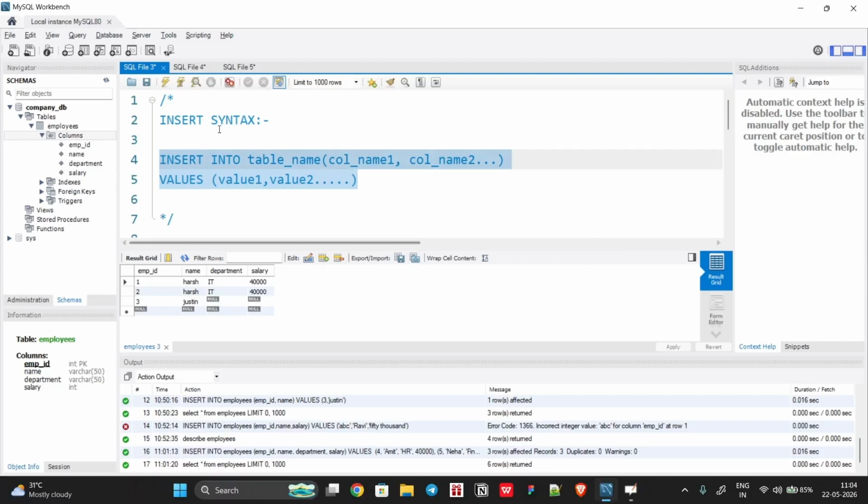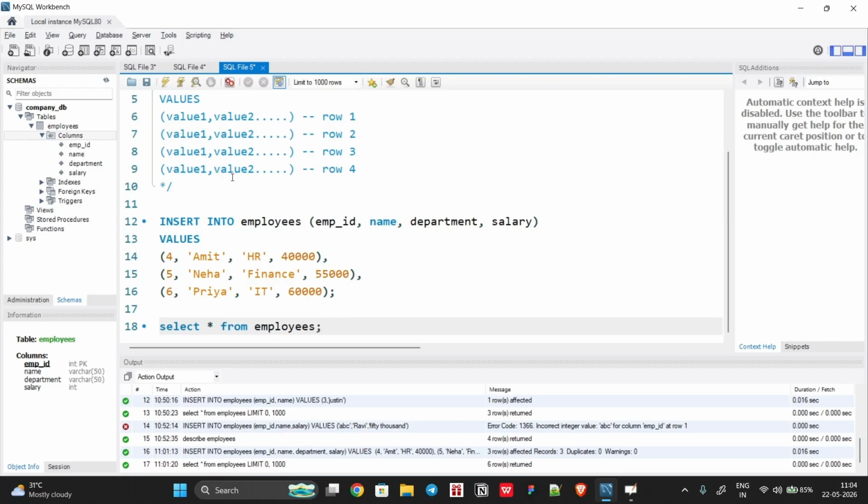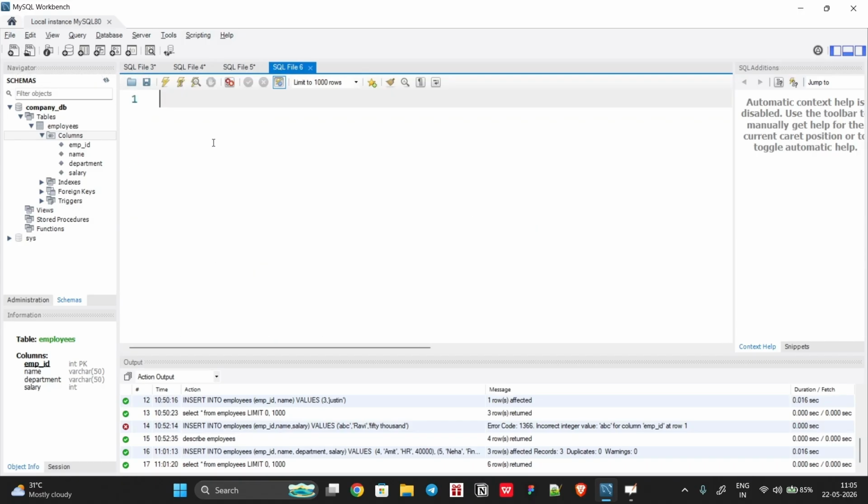Coming back to our SQL. Okay, we understood the syntax. Now what we're going to do is learn more about multiple inserts. So what we will learn are the rules